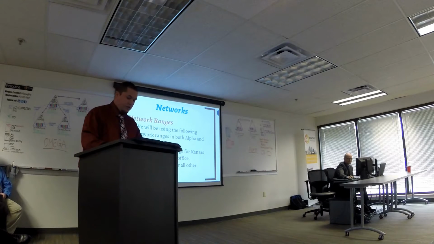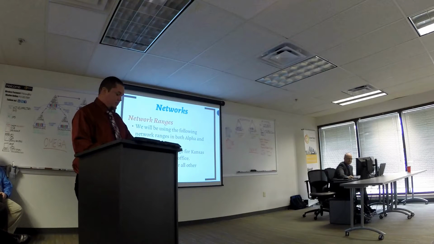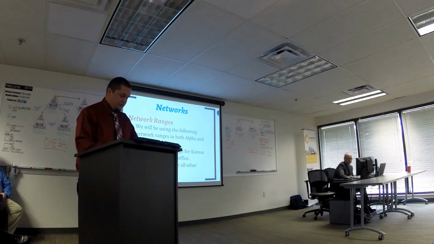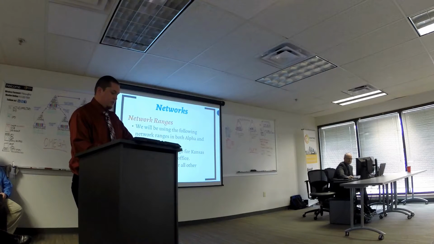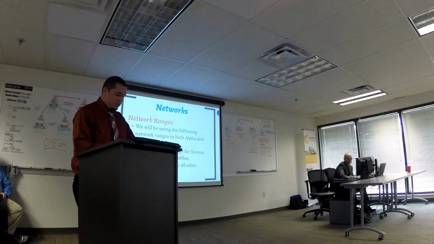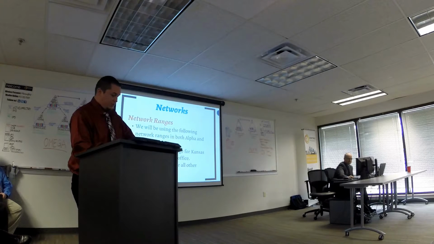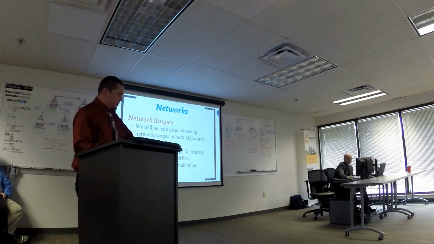For all computers to communicate, they need an IP address, which is a set of numbers that represent where a computer is, similar to a home address. For Kansas City, we will be using a private Class B CIDR 16 subnet range, which is large enough for current use as well as for future growth. All the child domains, because they're smaller, will be using a private Class C CIDR 24 subnet